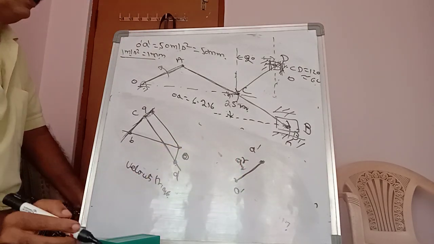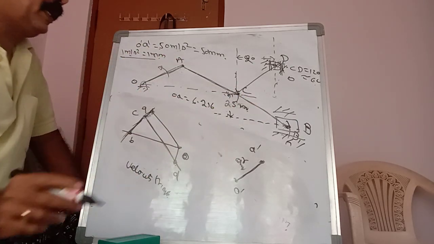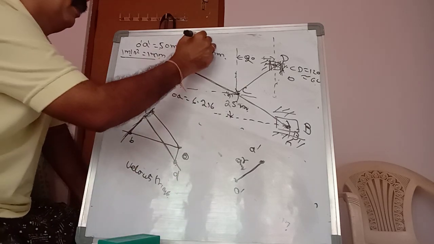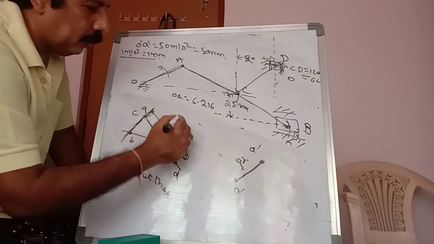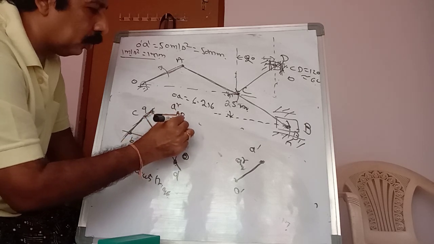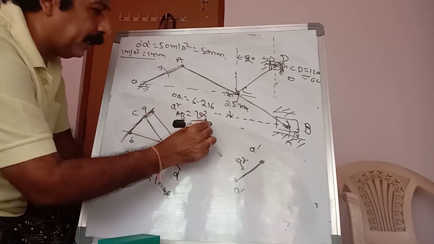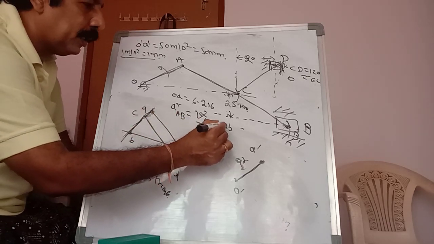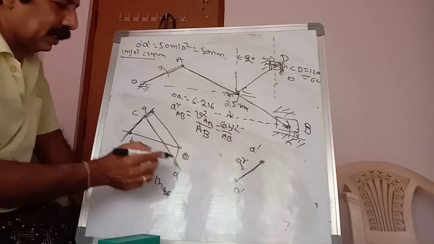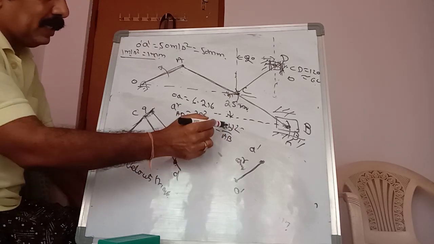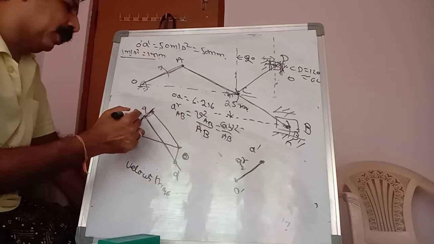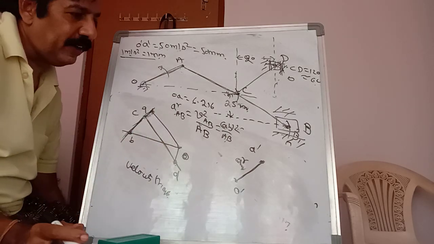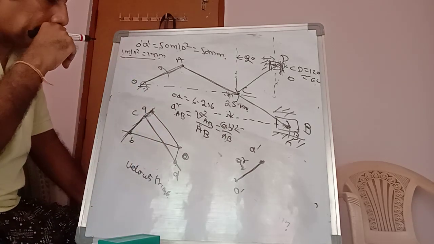So radial component. Now AB. For AB, a radial component will be there, and also a tangential component will be there. So how to find the radial component? ARAB is equal to V square AB by capital AB. What is V square AB? Small ab whole square by capital AB. You will get the ab from the velocity diagram, convert it into the corresponding scale and find out ab whole square by capital AB. You will find the radial component ARAB.